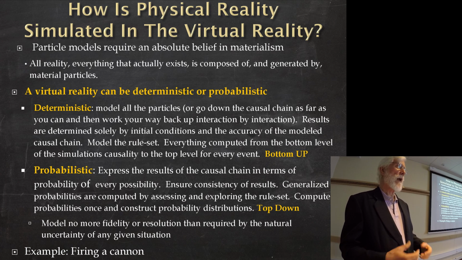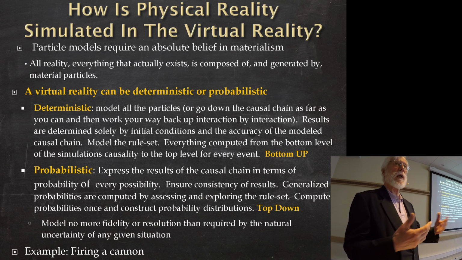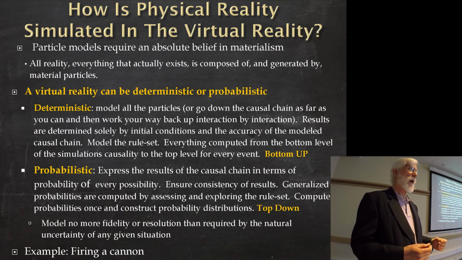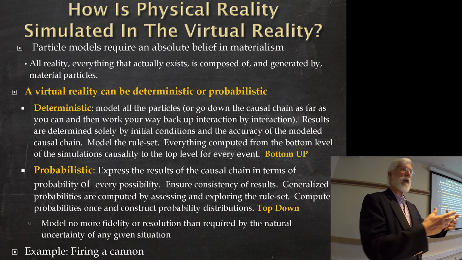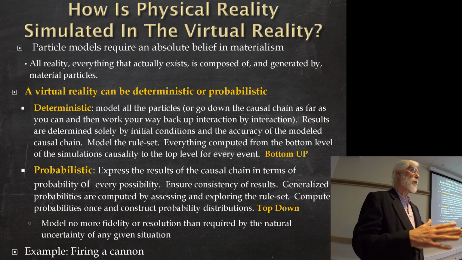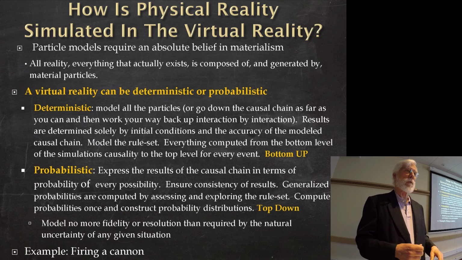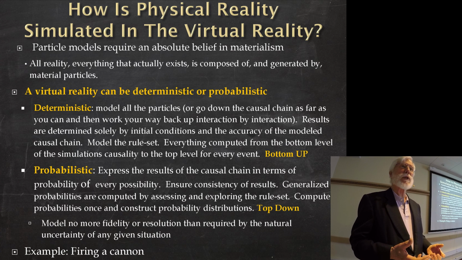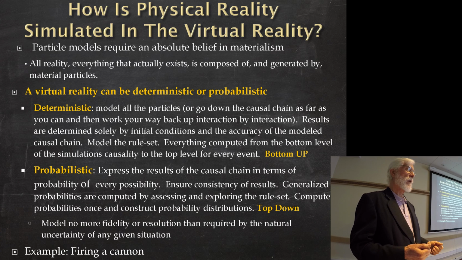When we make a virtual reality or a simulation, if I'm going to simulate a rocket flying through the air or an airplane or something like that, I simulate it by writing down all the equations that govern that sort of thing. You know, the gravity and the pitch and yaw of the plane. And if I have a radar from the airport looking at it, then I do the electromagnetic fields. And that is a deterministic model. If I do all that exactly, then I have a deterministic model. If I have the exact same airplane flying the exact same way, I'll get the exact same answer out of that model. It'll always repeat the exact same thing.